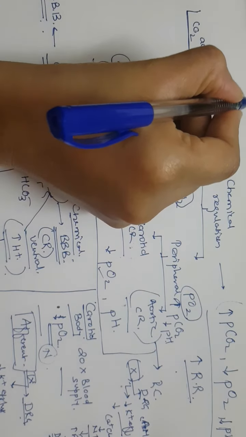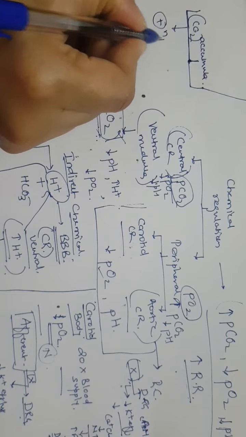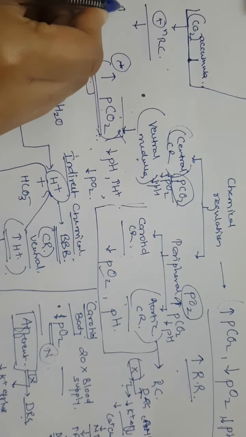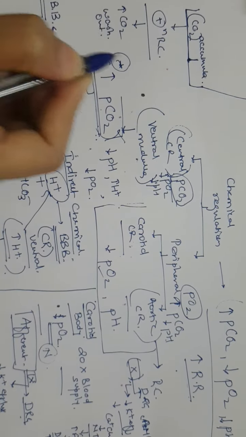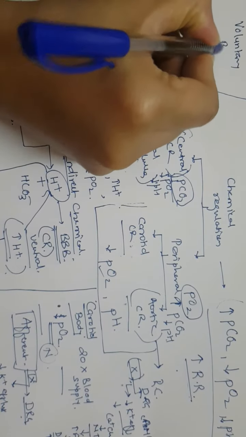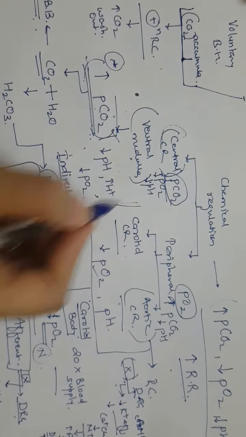Now this long inspiration is because of CO2 accumulation causing a stimulatory effect on the respiratory center. So this will cause an increase in CO2 washout. Okay, this is during voluntary breath holding. Okay, then when you are doing exercise,